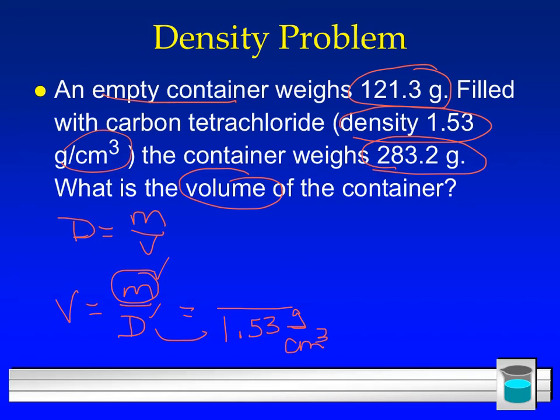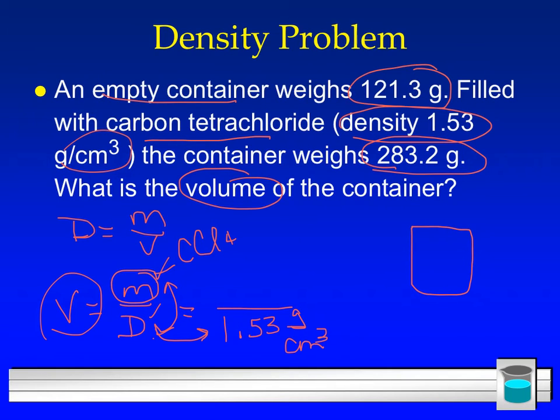Well, the density that I'm given is of carbon tetrachloride, and I have to match in order to get volume. I've got to take the mass and density of the same substance. So I need the mass of the carbon tetrachloride. So kind of drawing a picture here. Here's my container. It has a mass, empty, I'm being lazy, of 121.3 grams. When I fill it full of carbon tetrachloride, the combined mass of the empty container and the carbon tetrachloride is